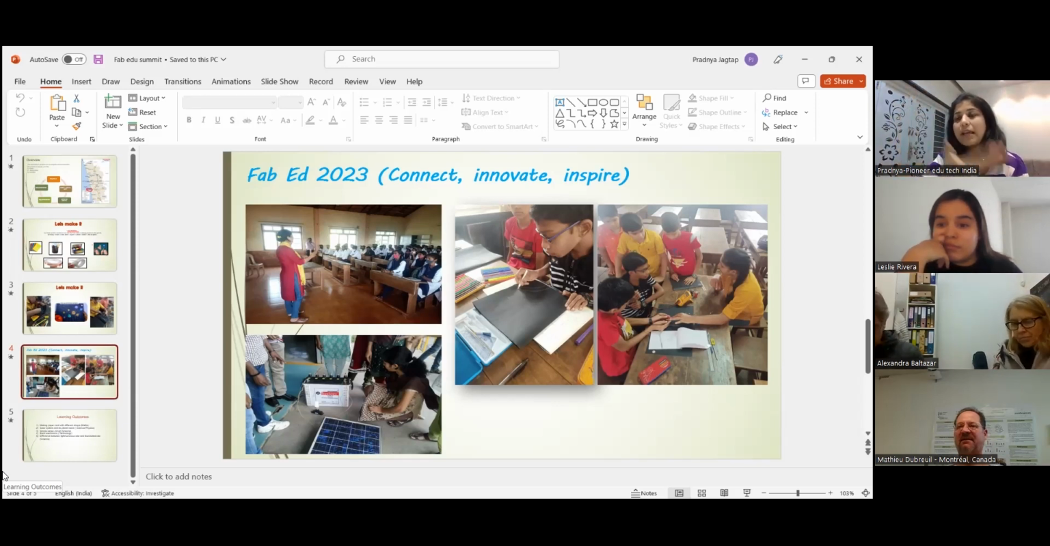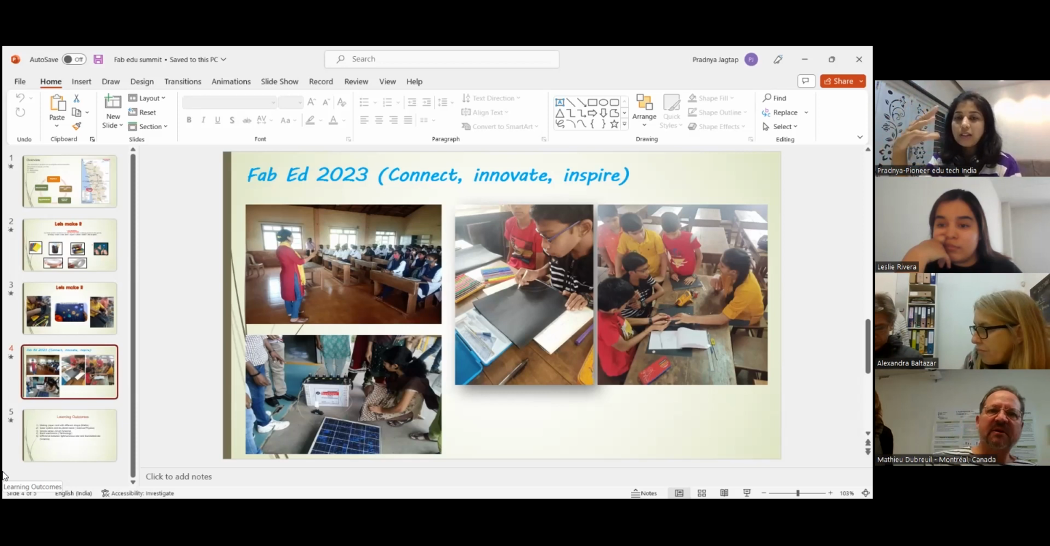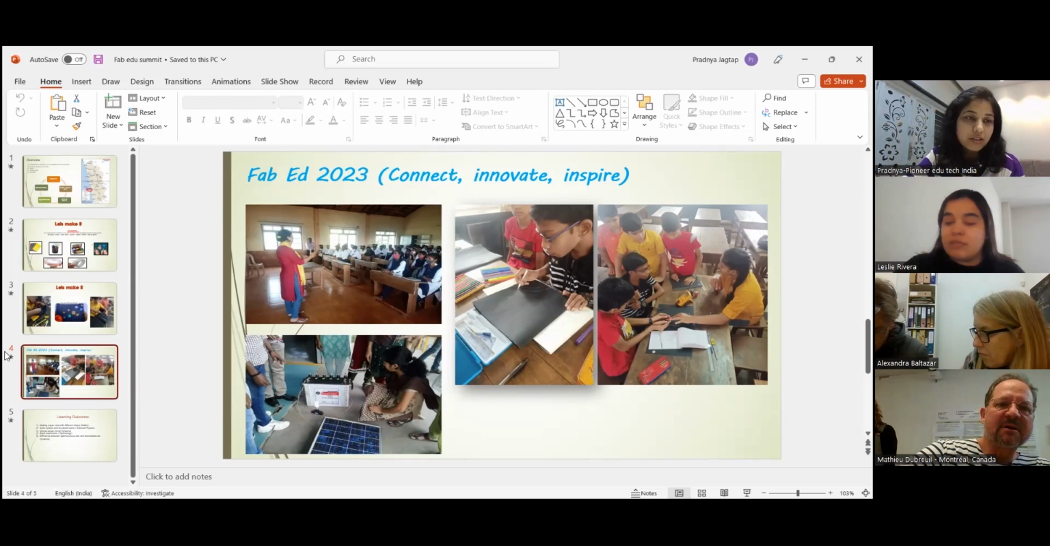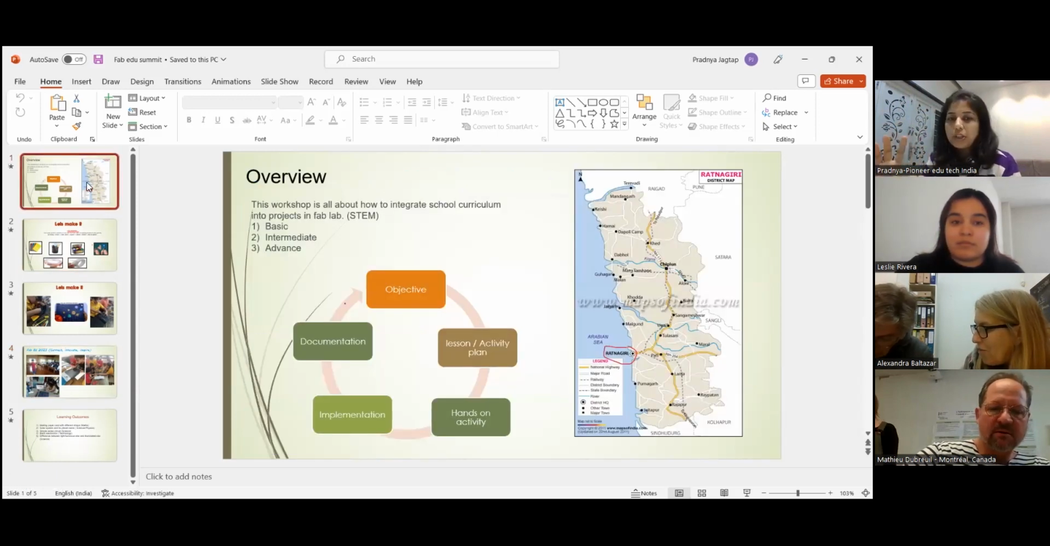So many times they are not able to reach our maker space. So we actually go there and teach them in a classroom, and then they connect, innovate, and get inspired, and they start to come to our lab and start making things. So this is the whole concept of the simple solar mandal, or how to integrate school curriculum into projects